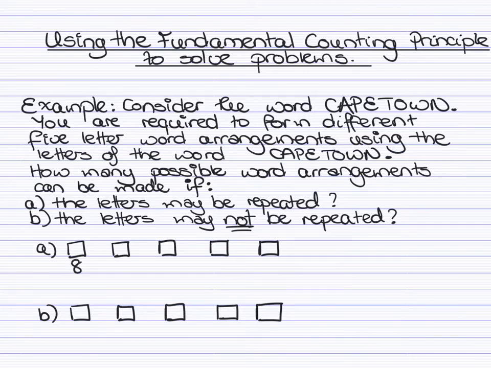Now, if repetition is permitted, in the first block, you have a total of 8 letters to choose from. In the second block, again, same. Since repetition is allowed, you also have 8 letters to choose from. For the third block, you also have 8. Same for the fourth block and the fifth block. Now, the fundamental counting principle states that when we have these choices, we need to multiply them together. So for part A, where repetition is allowed, your answer is basically 8 to the power of 5, which simplifies to